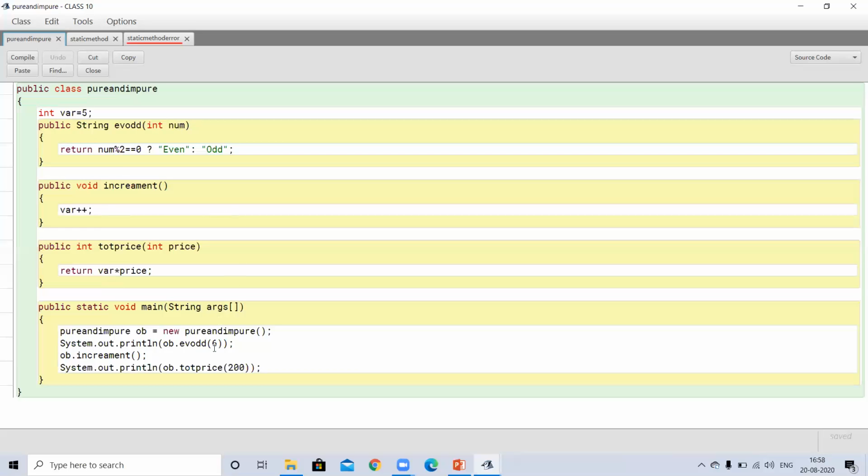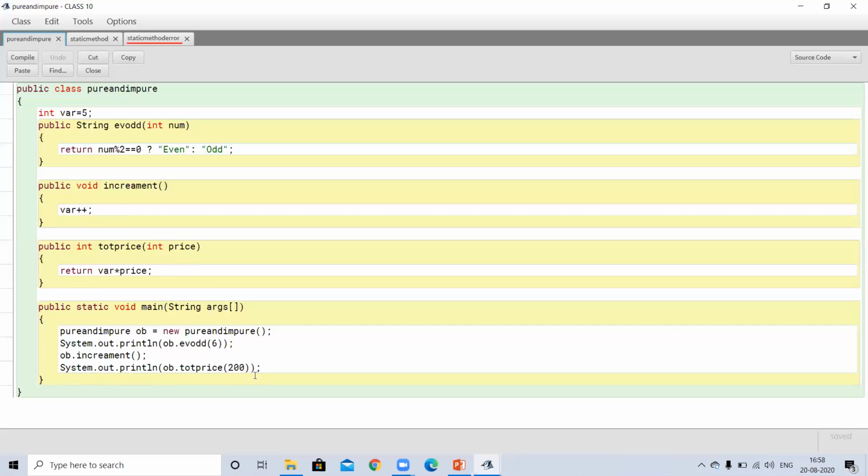I have to check whether 6 is even or odd. Next, I am calling the increment function. Here increment will not return or print anything, but I used it. Then System.out.println, ob dot totalPrice. Here I have to pass price, and I passed 200.